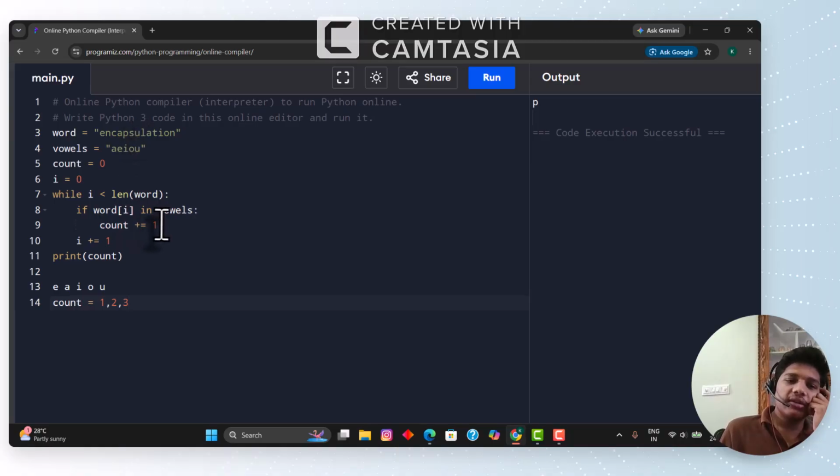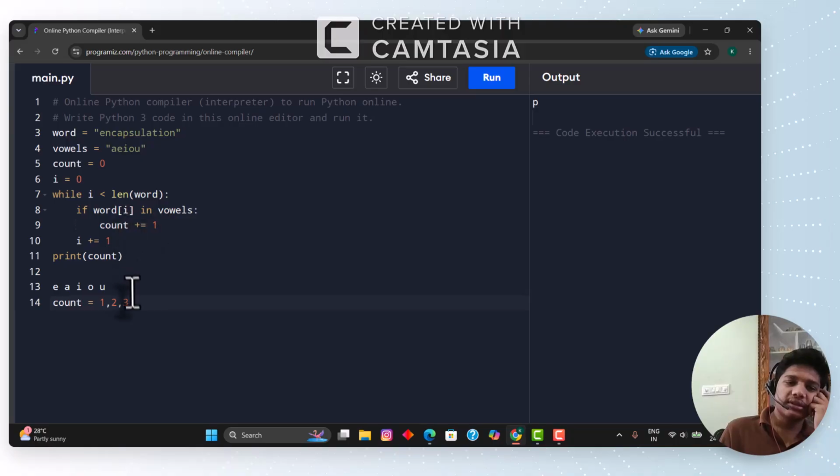When we are adding 1, it becomes 3. So not only here the loop works, inside the if also the loop works, because the count is also inside the while, not directly, the if is directly inside the while. The value of count is not 0 here, the value of count was 2,